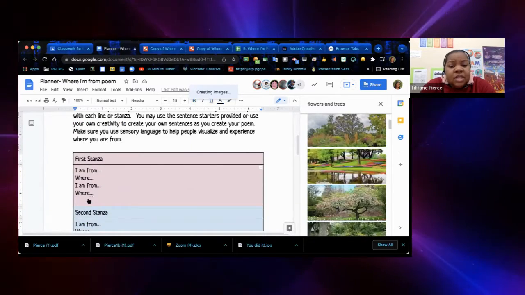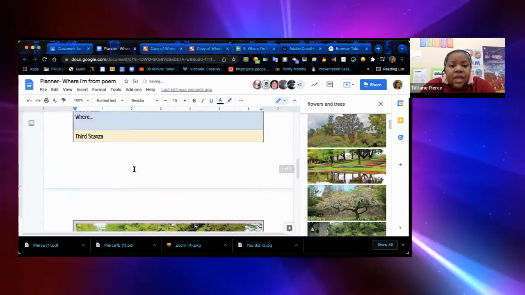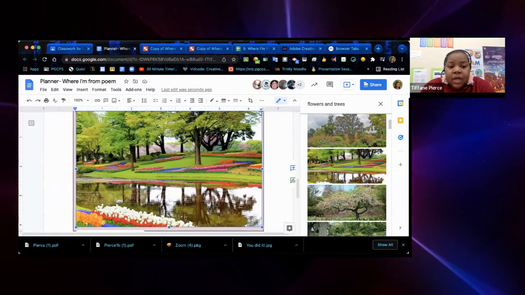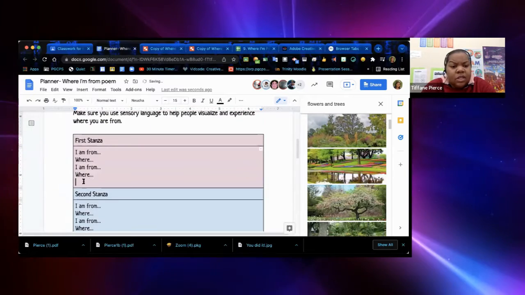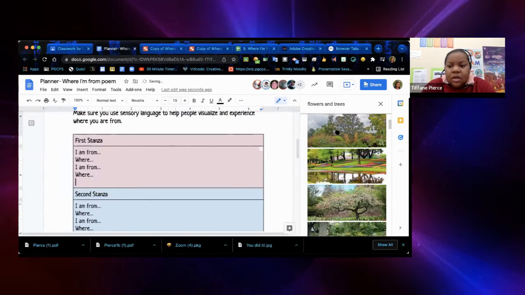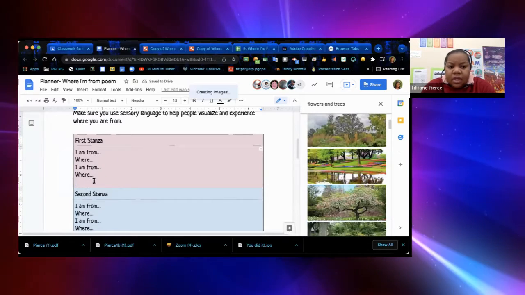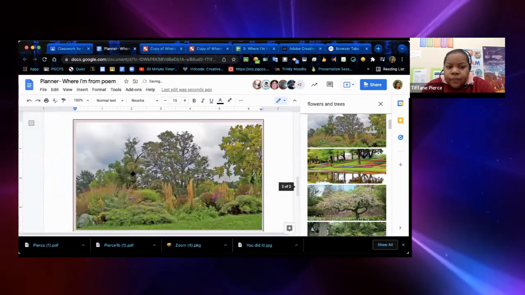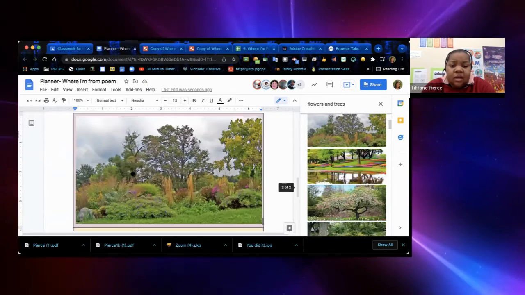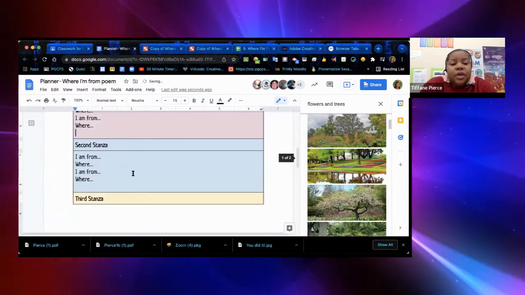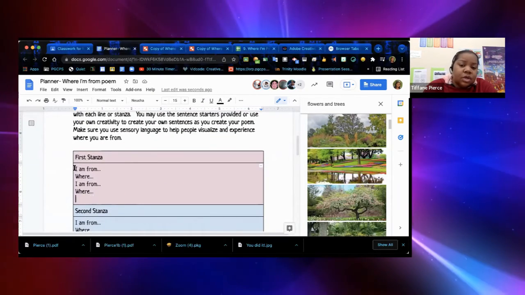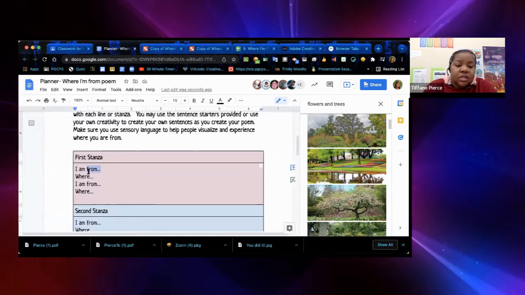Then you add your image in, and don't forget that you need to make sure that you add your sentences as well. Okay, actually that one did not go in the spot where I wanted it to go. I just wanted it to go right there. Let me try that again. Drag and then drop it right there. There you go. It just went down lower, which is weird, but okay, we got the idea. So that is what you're going to do today. You are going to go through, insert your images, and you can use these sentence starters